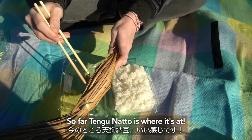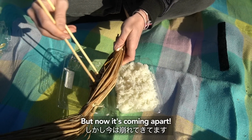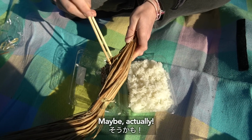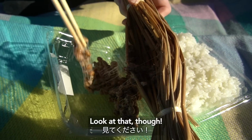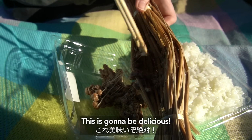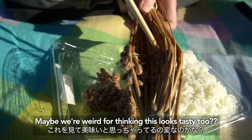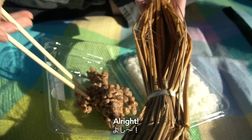So far, Tengu natto is where it's at, but now it's coming apart. Not so easy to take out. Softer, actually. Maybe. うわ。Look at that though. Oh my goodness. これうまいぞ絶対。うわー、うまそう。これを見てうまいって思っちゃってんの俺なんか変なのかな。